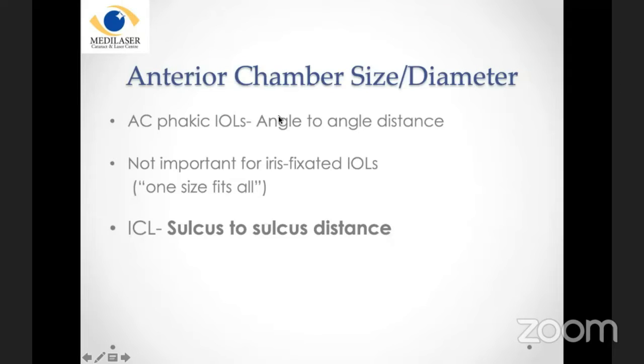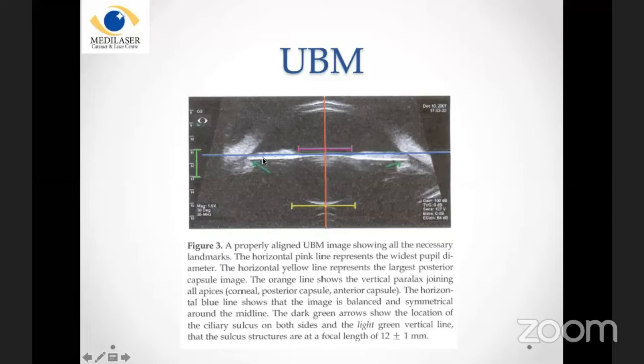Other than the anterior chamber depth, the horizontal dimension is the anterior chamber diameter. And like Dr. Aarti had discussed, usually in India, the popular phakic intraocular lenses are the sulcus supported ones. So we are placing the phakic IOL in the sulcus, and it would be ideal if we were able to measure the sulcus to sulcus distance. And this is possible. The sulcus can be visible only by the UBM study. So the ultrasonic biomicroscopy is the anterior segment imaging device, but getting a very perfect image in order to view and then measure the sulcus is quite tricky.